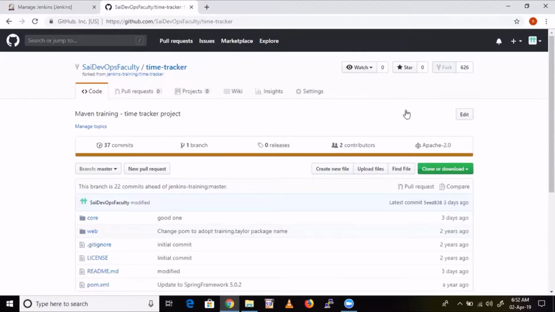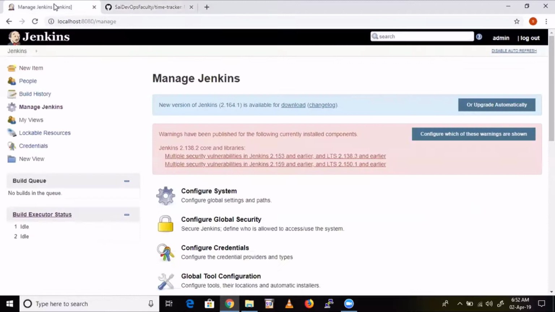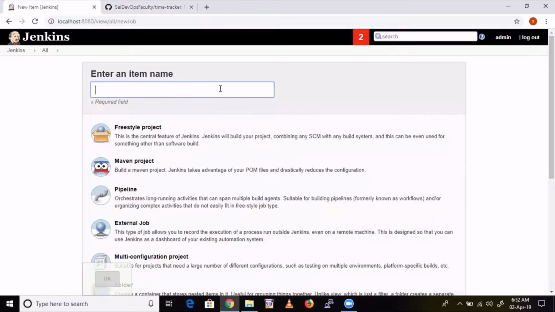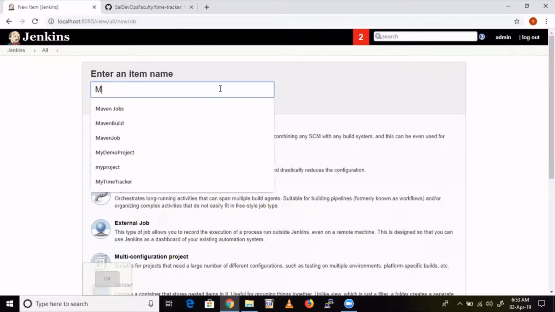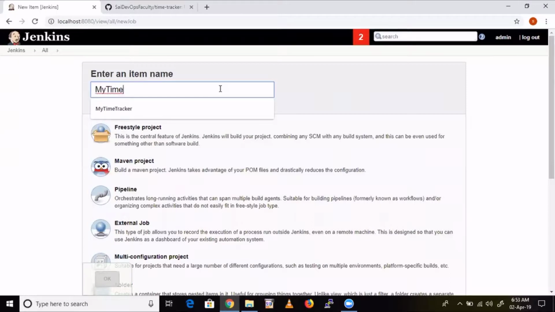Okay. Now, what I'll do, I'm going to create a sample job, guys. I'll tell you what I'm going to do. Go to new item and give any name to this item. So, for example, I'll give my time tracker 1 or my time tracker demo.